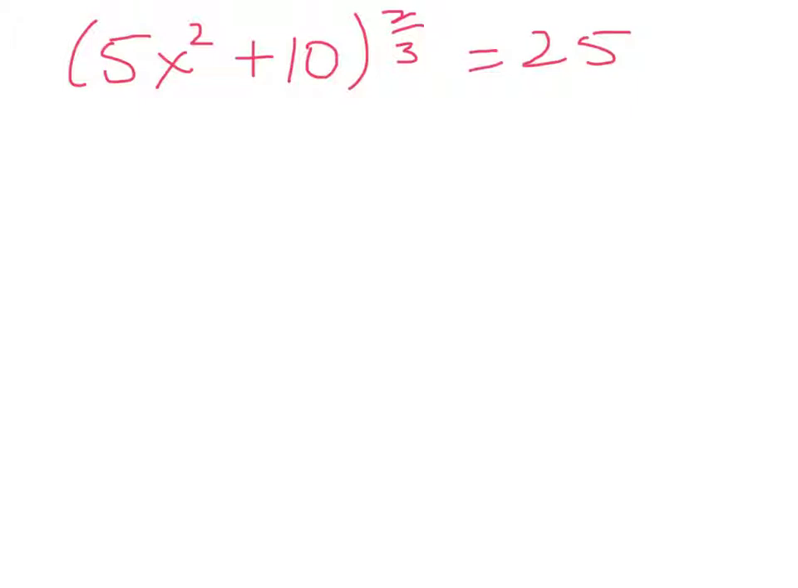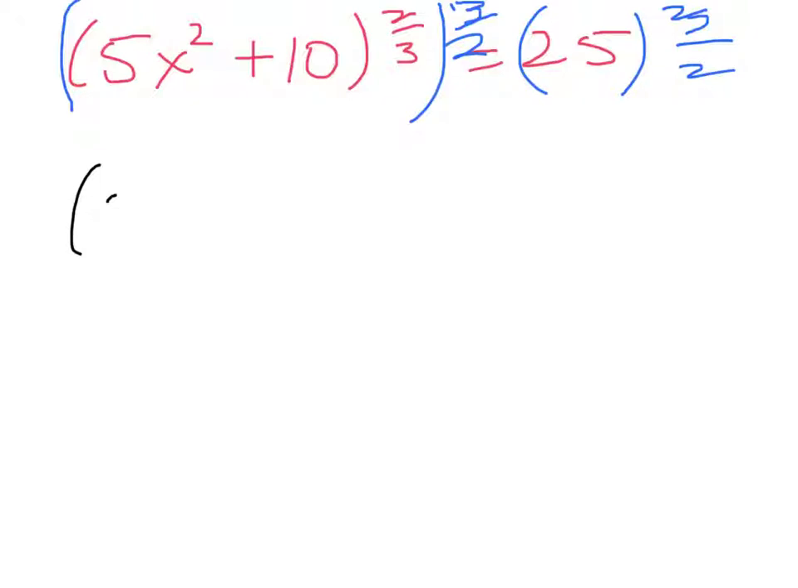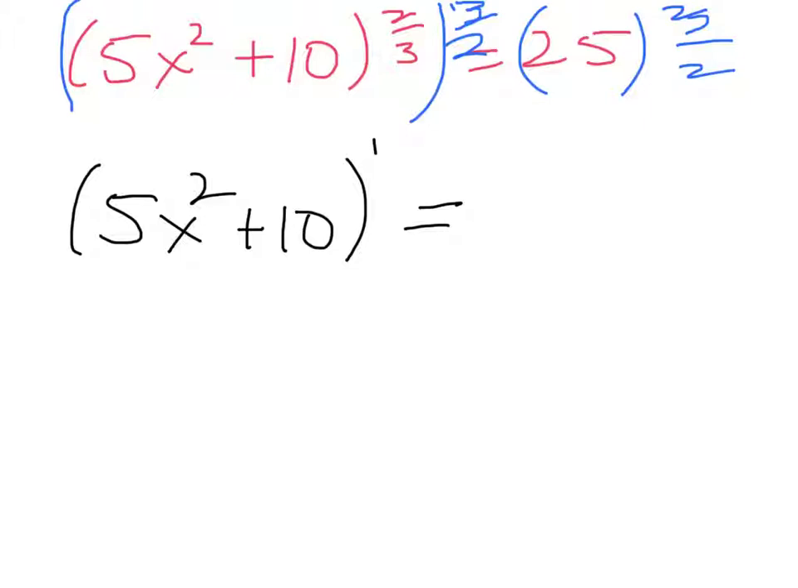So what I'm going to do is this. I'm going to take this side to the 3/2 power, and I'm going to take my 25 to the 3/2 power. Sorry, those look so ugly. I'm going to try writing that again. No, it's not going to let me. To the 3/2 power. So now on my left side of the equation, I have 5x squared plus 10 to the 1 power, so just 5x squared plus 10, and on the other side I have 25